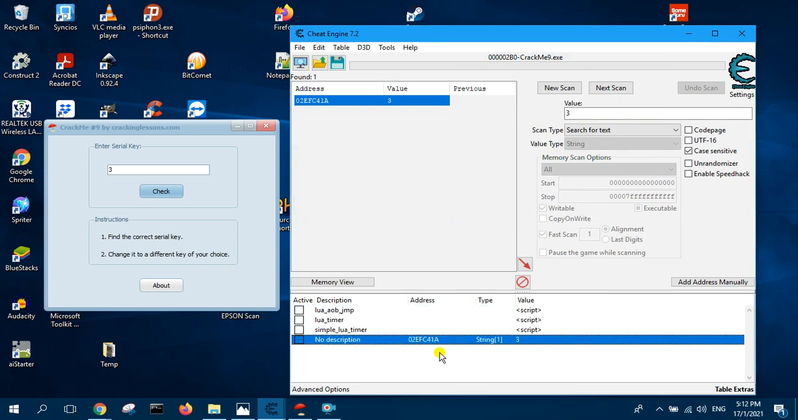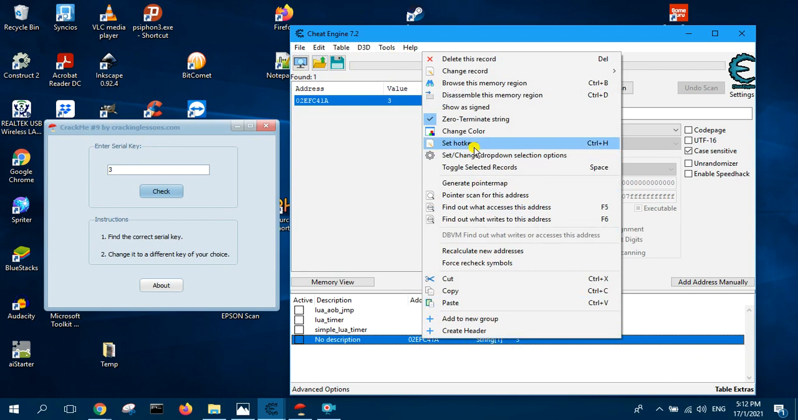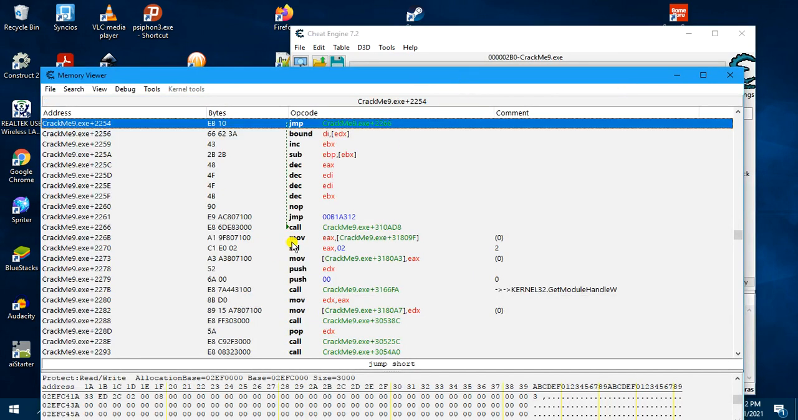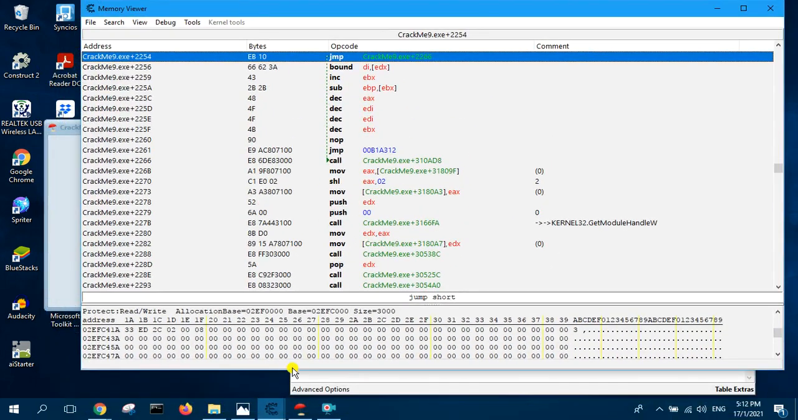So now we are going to write a script to modify this address to change this number to keep increasing it. So we can just right click and then over here browse this memory region, and we will see that the number here is at the moment 3. So we can just click tools. It doesn't matter up here where you are,